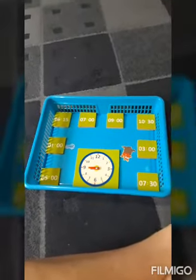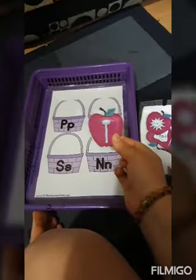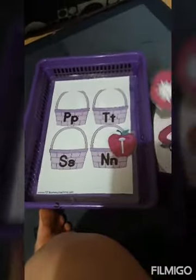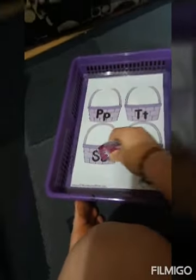So yeah, this is one of her shelves. Second thing I've got in her shelf work this week is she's got some apples with some different pictures on, and like nail begins with, she's got to find the beginning one. Sun begins with, and so on and so on. There's 2 for each basket, because I made her these folders, and